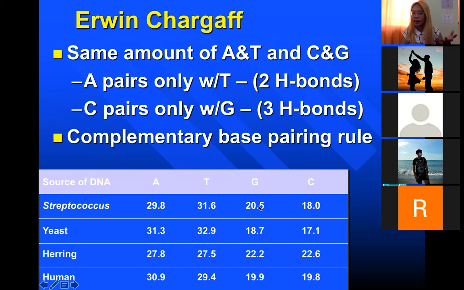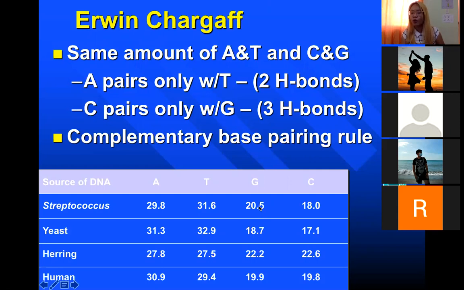So yun yung line of thinking ni Chargaff, which allowed him to form the conclusion na yung magkakalapit ang amount, yun ang magkaka-partner. So he gave the idea of complementary base pairing na adenine and thymine ang laging magka-partner at cytosine and guanine ang laging magka-partner. So he did that to Streptococcus and he checked if yung hypothesis niyang yon will also be observed in higher forms of organisms.